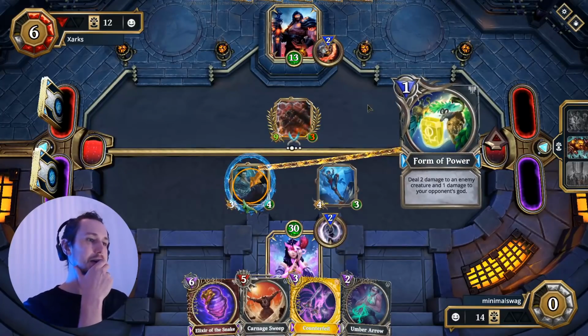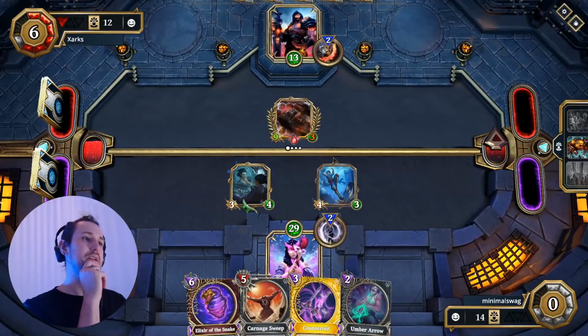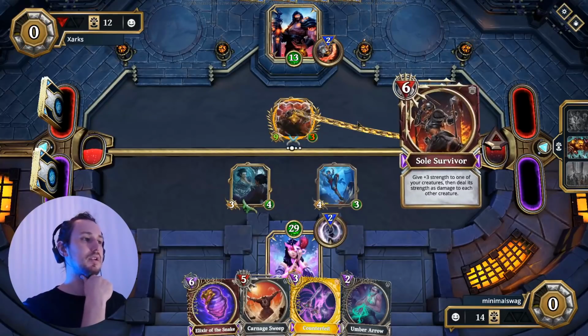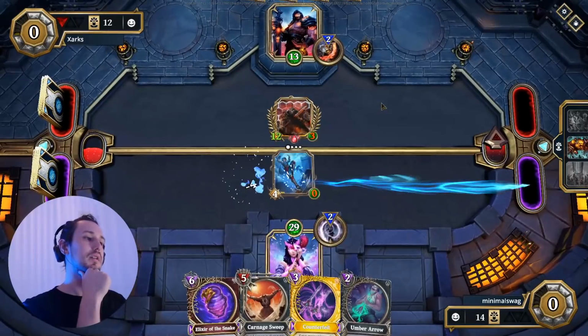So let's see. Next turn we can do... It looks like he's setting up for a Soul Survivor. But I don't know. Then he's wasting a Soul Survivor in a way, but he still just needs to clear the board here. I mean, you're going to see a lot of this deck. So yeah, he just needs to clear the board. I mean, I think...